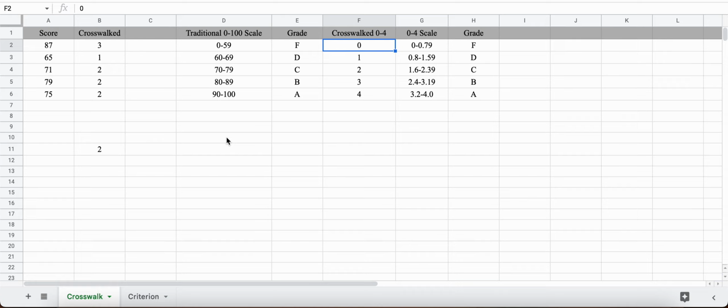That won't work because of the system that we have to set up in Canvas for how we report grades. So if you choose to crosswalk, you would need to crosswalk all of your assignments and use a 0 through 4 scale on everything that goes into the grade book. But like I said, if you do this, it sets you up well to start dabbling in criteria or rubric-based scoring. Let's talk a little bit about how that looks and how you would grade an assignment or a student